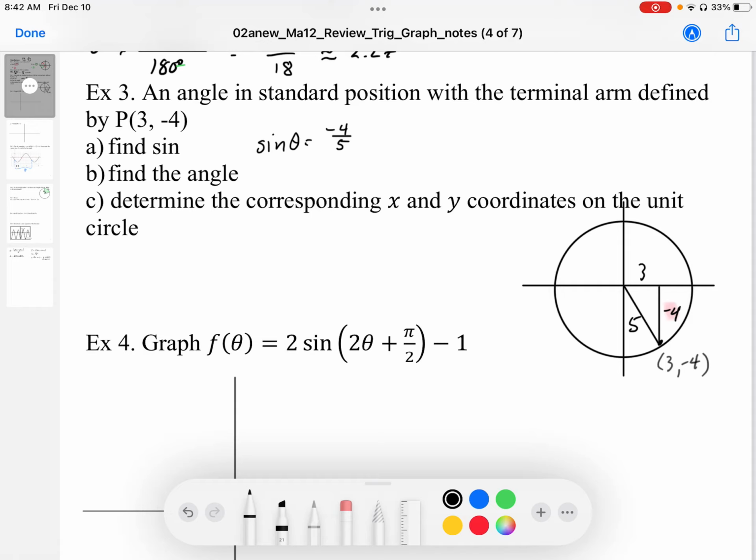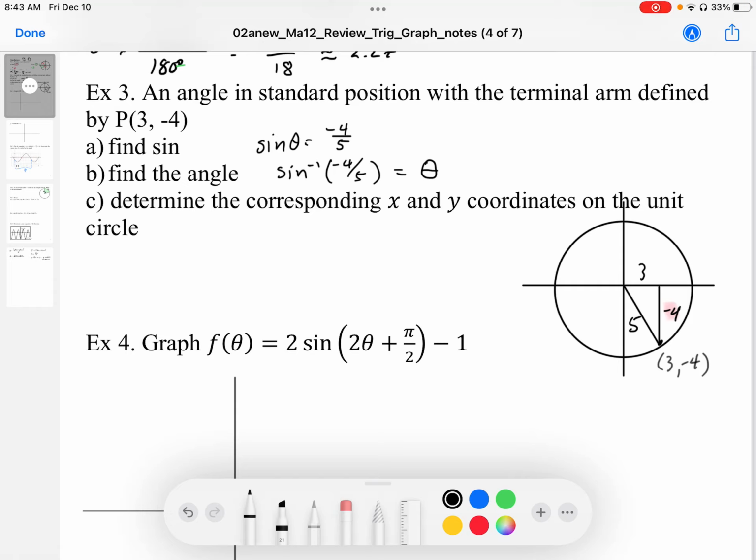Finding the angle, I'm going to use the arc sine. So if sine theta equals -4 over 5, I know that the arc sine of the ratio -4 over 5 is going to give me the angle theta. Now, I could have used any other ratio since I have all 3 sides of that triangle, but I decided to use the sine since I already had it. So using the arc sine of that angle, I get